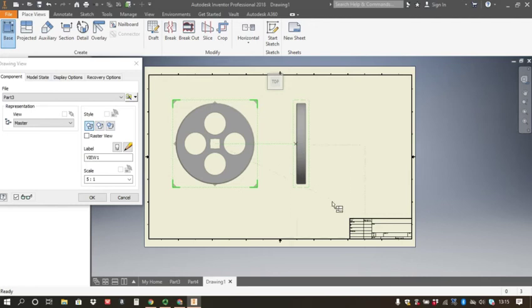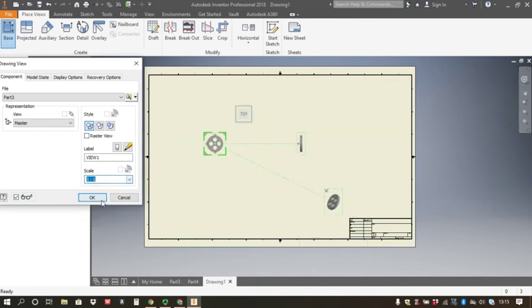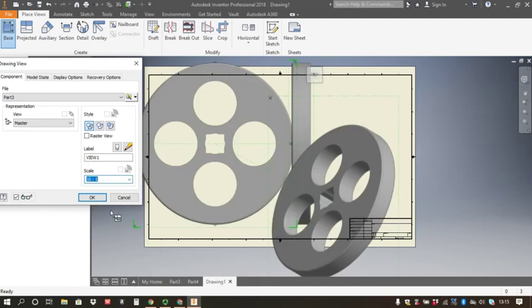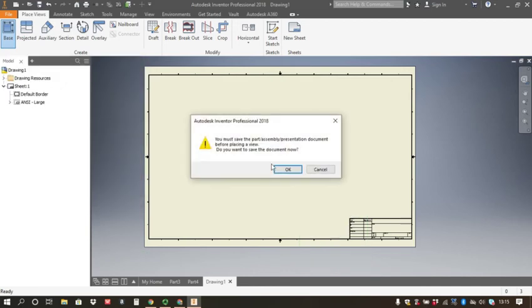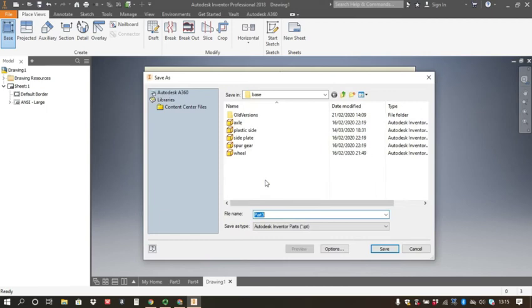And then I'm going to go at an angle and I'm going to get a funny view down here. We're not going to worry about the placement for the time being. You can change the scale here so that it becomes quite small, or way too big to fit on the page, and you can just find the one that's right for you. Okay, hitting OK, it will ask me to save the part,